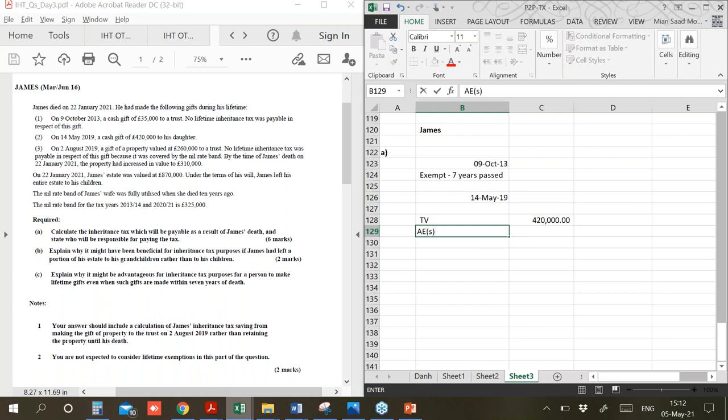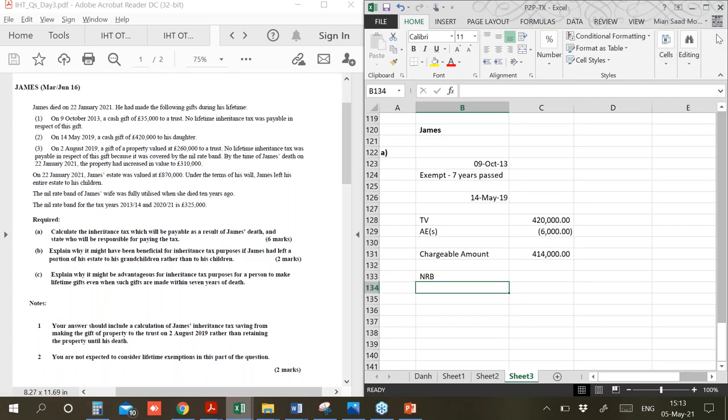and mention that it is annual exemption for both years here, because there was no gift in 2018 as per the question. So I'll take both annual exemptions, minus 6,000. So now the chargeable amount is equal to this plus this 414,000. Now guys, my question is, is the nil rate band allowed or available? NRB? Yes, it is available.